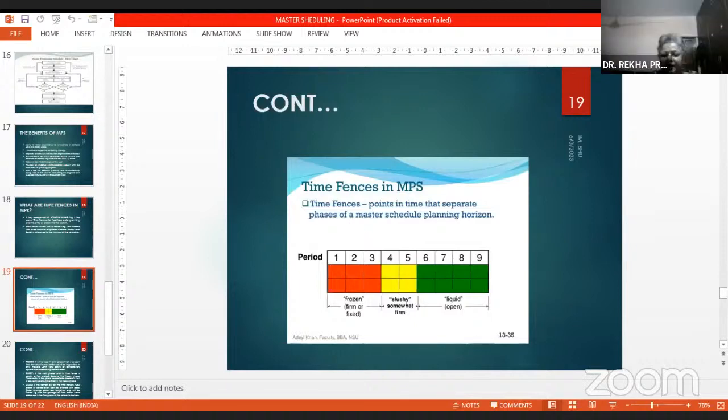For some time things are not moving. It is frozen. It is fixed. Then it starts moving and then it finally moves to the ultimate customer. This is just an example. You can have more than one, two, three as fixed time, and this might change according to the different master schedule plans.